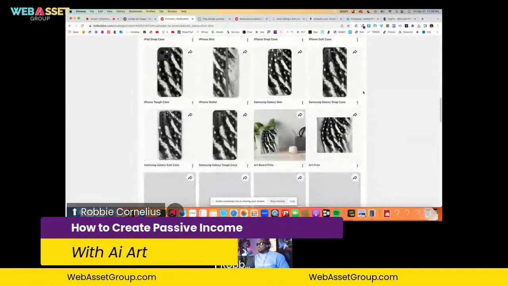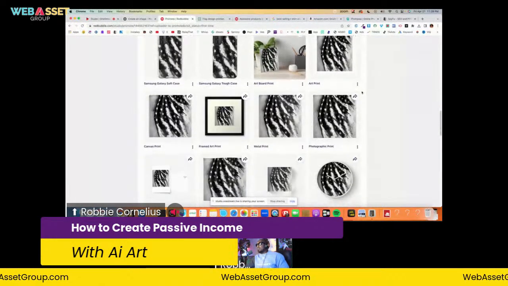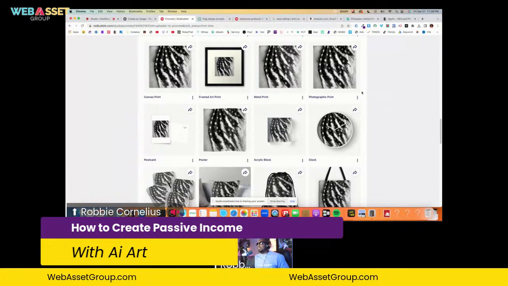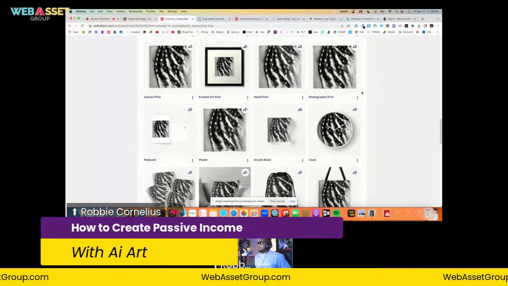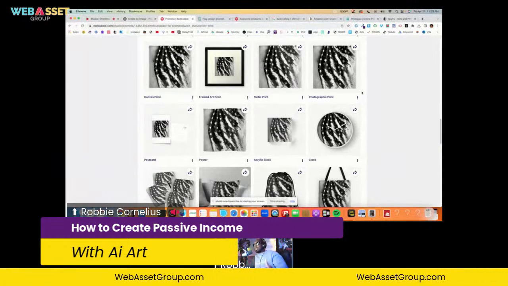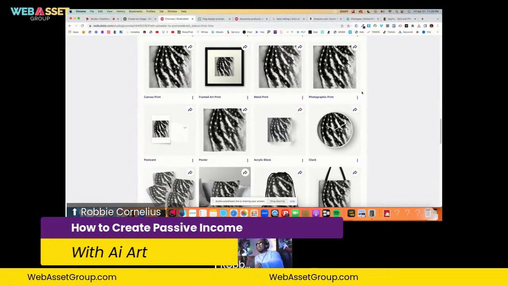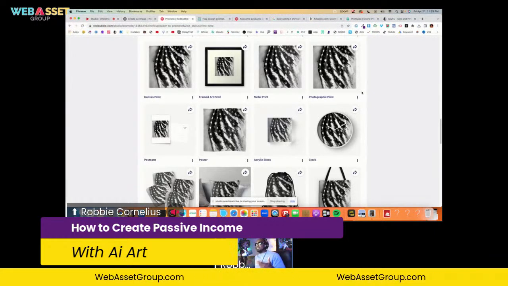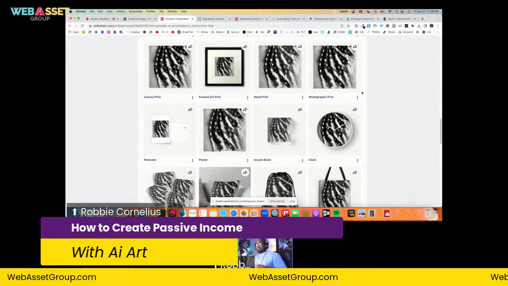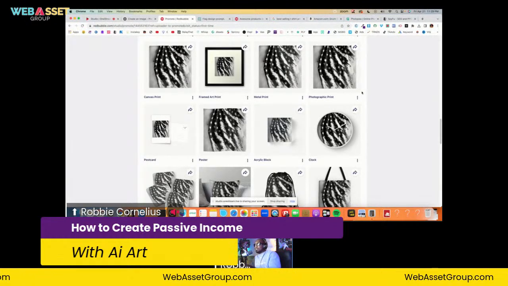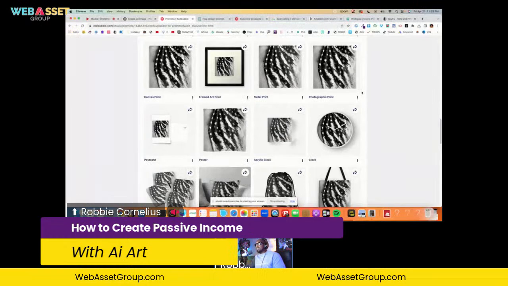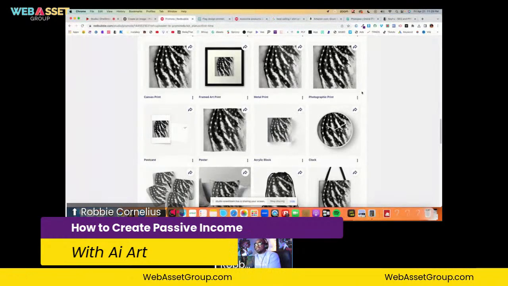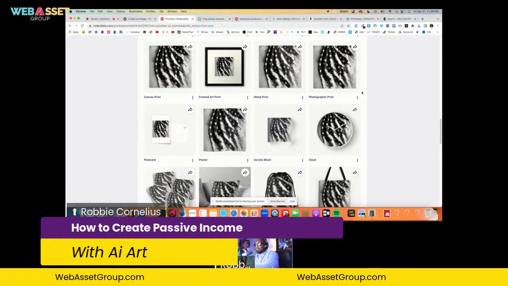Look at that. The cool part about this is, yeah, we can go and put this merchandise on Shopify as well, but I'm gonna have to drive traffic to the Shopify website, which means I'm gonna have to spend money out of pocket in the beginning. With Redbubble, they already got millions of people coming to their platform every single month, and I'm a real businessman. I'm just doing this for this coffee money right here. This ain't even nothing. You can buy properties and stuff with it, but I'm just using this as another stream of income.